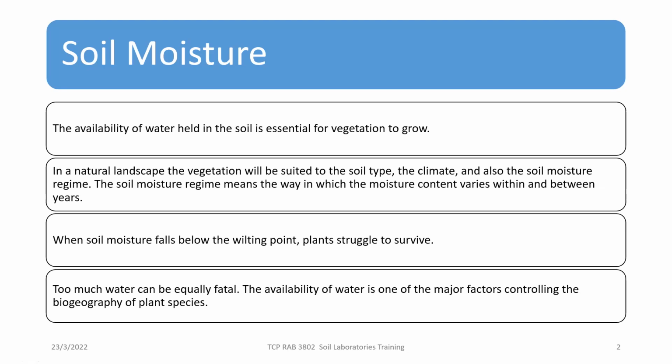For instance, for Lebanon, they normally grow citrus crops, olive, and others. While in other arid lands and tropical ones, you can find other types of vegetation, tropical fruit, for example, mango, bananas, etc. Also, the soil moisture regime concerns the way in which moisture content varies